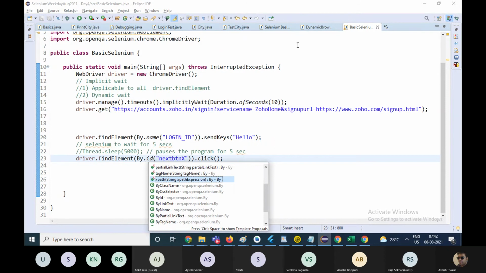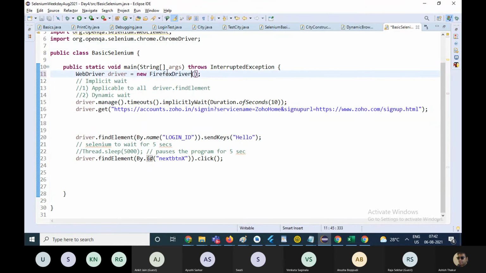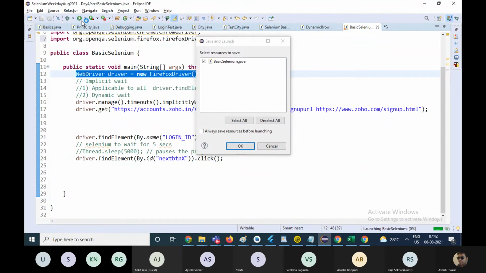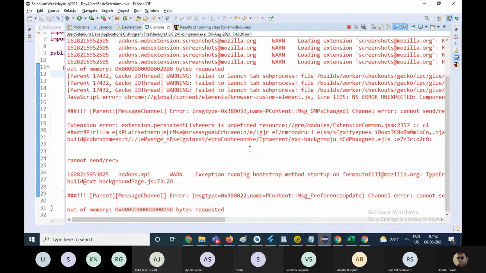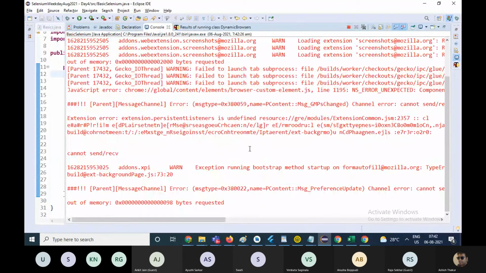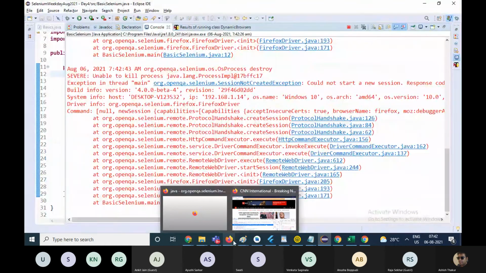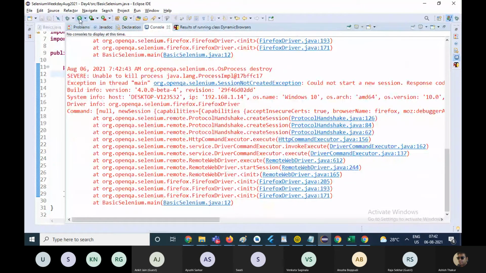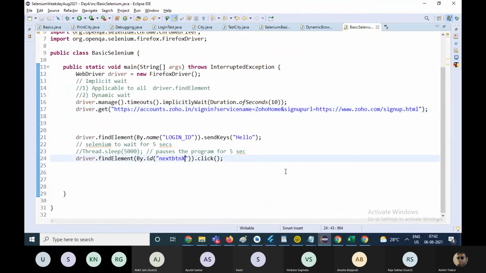The most important thing is if I run the same script on Firefox, if I just create an object of Firefox driver, the same script will run on Firefox as well without any issues. Just a minute, I'll correct this.